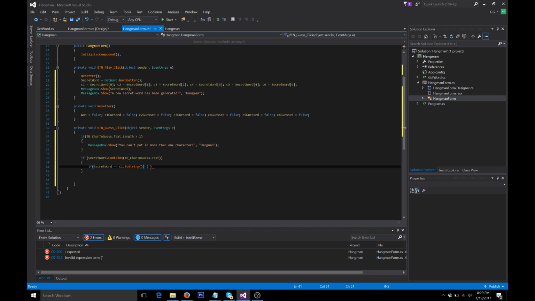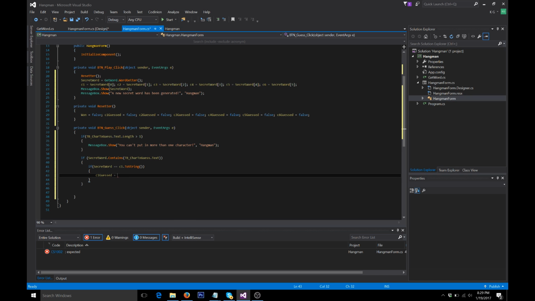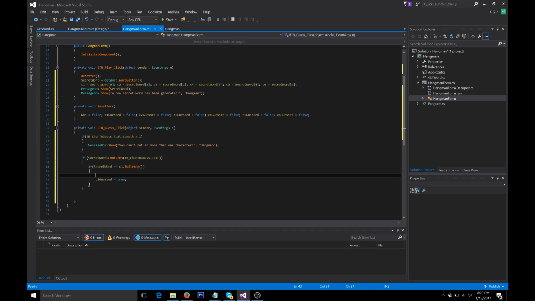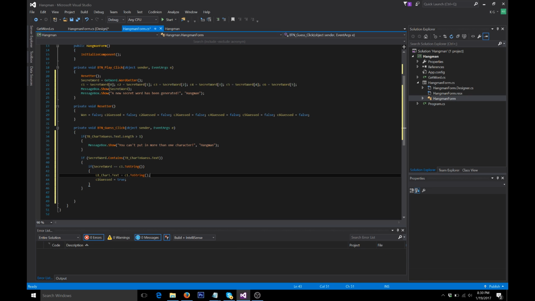Then we're going to do something. We're going to be like c1 guessed equals true, and then label_char1.text equals c1.ToString, so the user knows, okay, that one is guessed. And also then we're going to do that for the next few, so we're just going to copy this